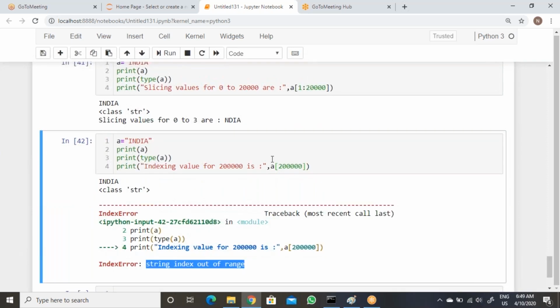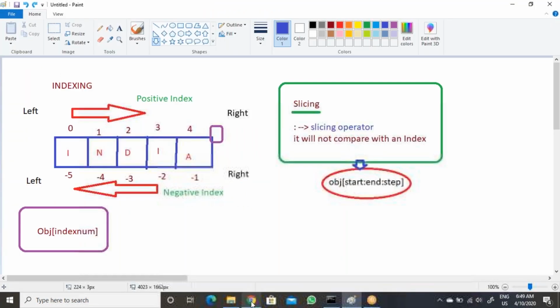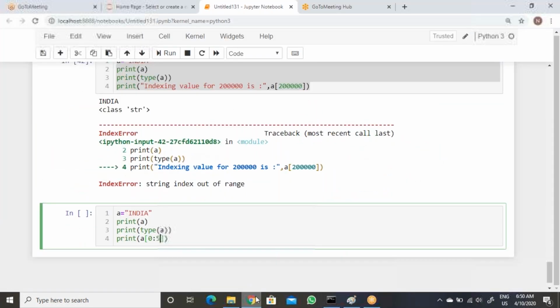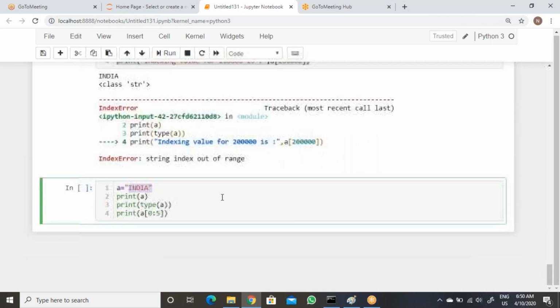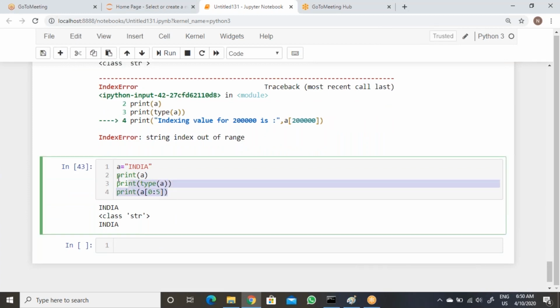Now let's see here. So I'm removing this. Then what I'm trying to do, let's see here, I'm just taking 0 to 5. Now tell me what is the output for 0 to 5? You can type there if you got it. So what is the output for 0 to 5? India. So the 0 to 5 output will be correct, because the -1 functionality will be there. So that is the output, perfect.